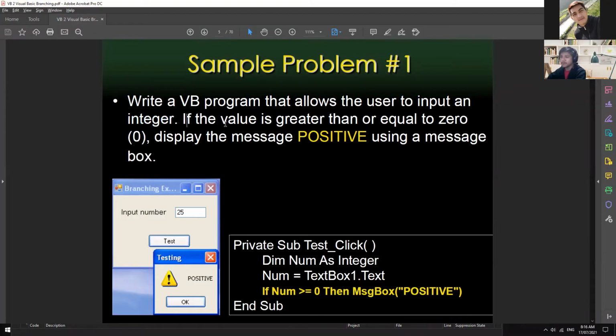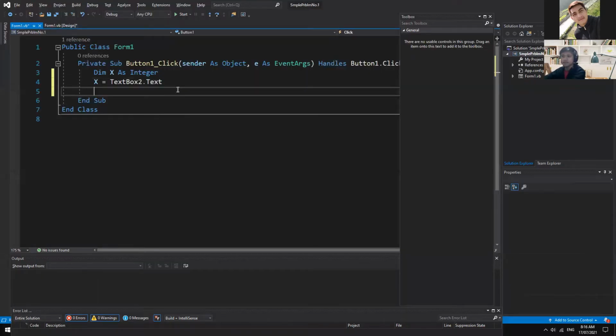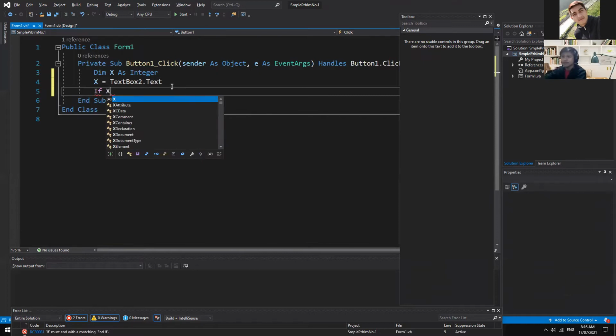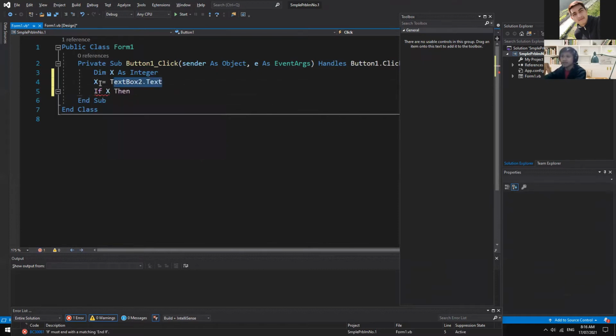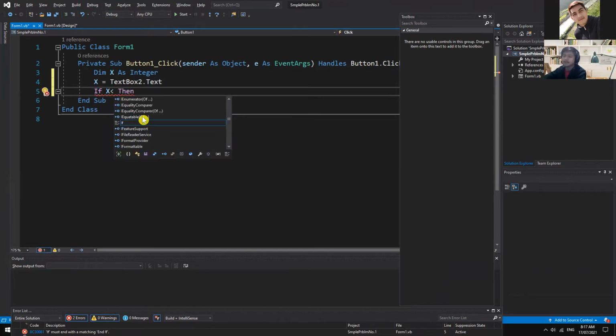So next thing, the condition right here is: if the value is greater than or equal to 0, display the message positive using a message box. It's super simple. So If, and then the condition. Our input will now be coming from TextBox2, and then it's being passed to our variable x. So if x is less than,